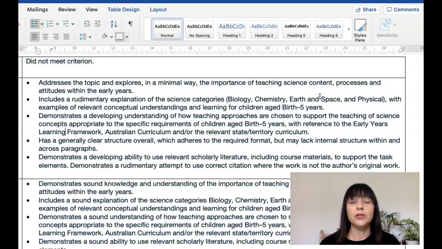You need to include a rudimentary, which means basic, explanation of the 4 science categories: biology, chemistry, earth and space sciences and physical sciences. You'll notice earth and space has an and, but it's actually one science category. And you also need to include some examples of relevant conceptual understandings drawn from these. And when we say relevant, age-appropriate